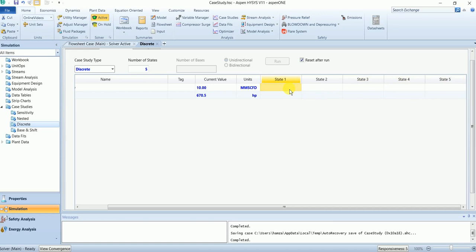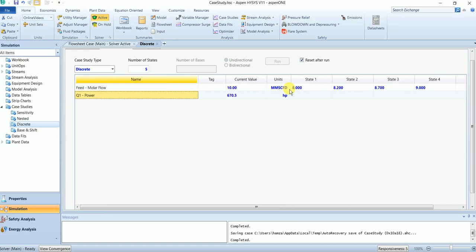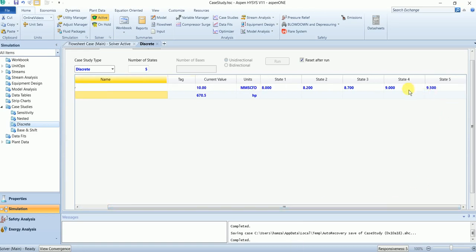For example, I have started with 8, then 8.2, 8.7, 9, 9.5. And for the power 650, 660, 690, 700, 710.